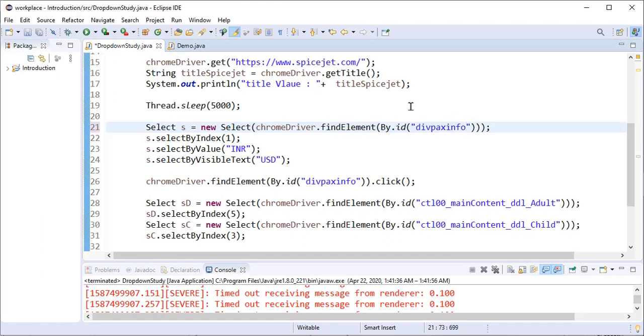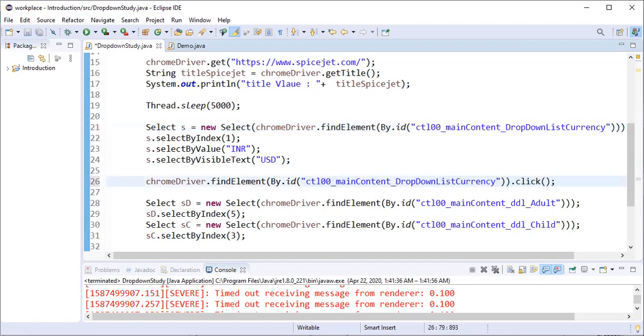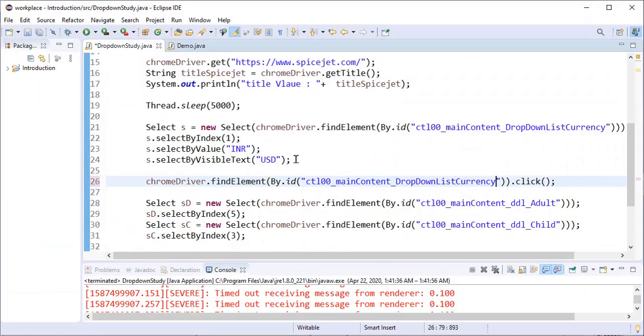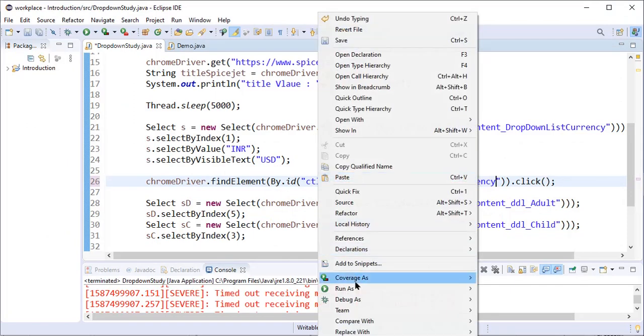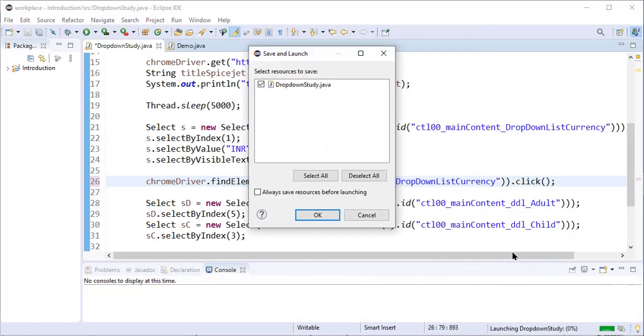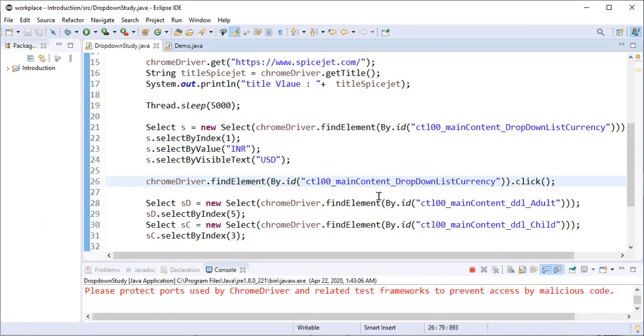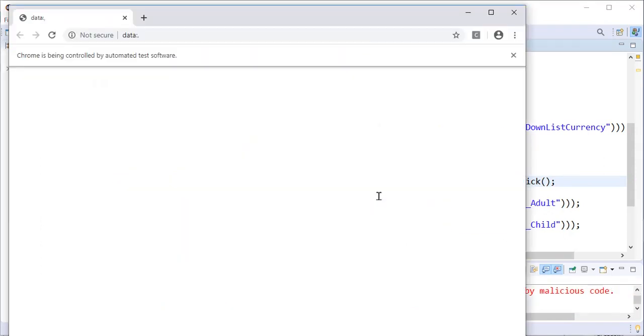By mistake, suppose we use the select tag. In the impression that this is a select tag only, you are creating the select tag for this div. So wrongly you are giving this value. I will just run it and we will see what type of exception we get.